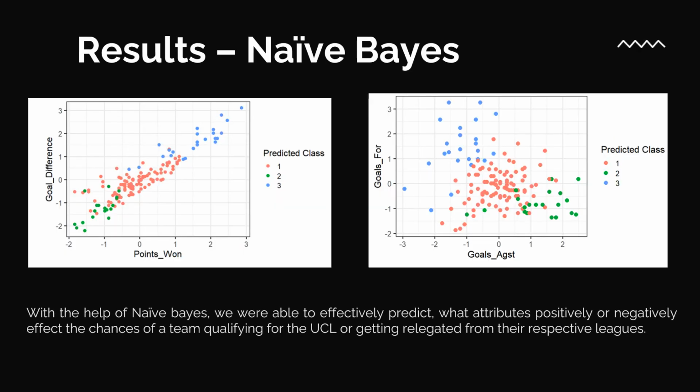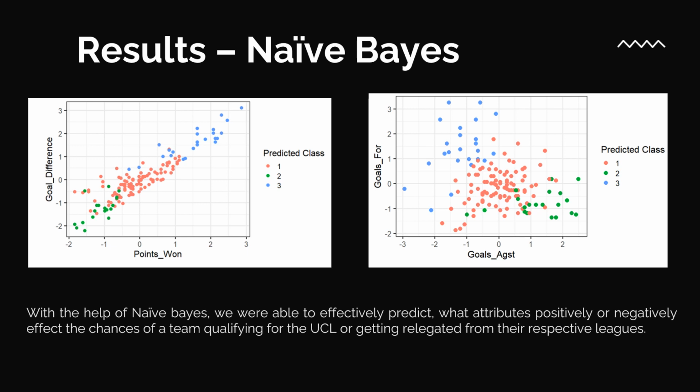Qualifying for Europe's most prestigious league, that is the UEFA Champions League, is every team's goal throughout the season. So we made use of the naive Bayes implementation, and we were able to determine what kind of factors strongly affect the qualification of a team into the UCL. The predicted classes here can be explained. Class 3 is the ones having teams which were qualified onto the UCL, and Class 2 are the teams which were relegated from the respective league